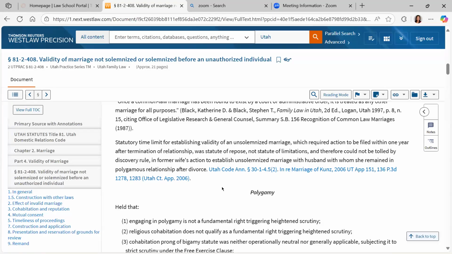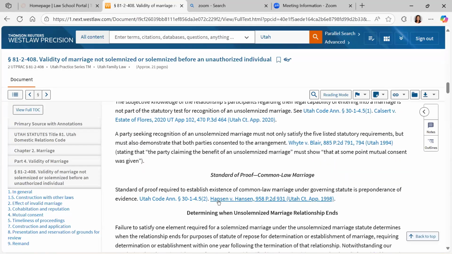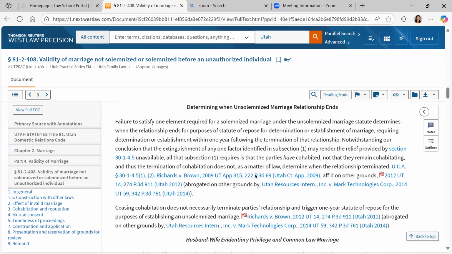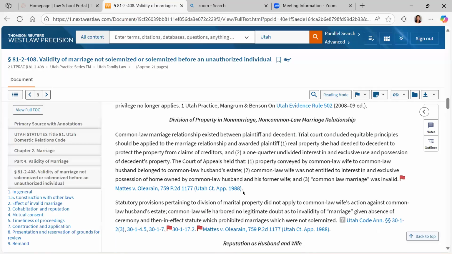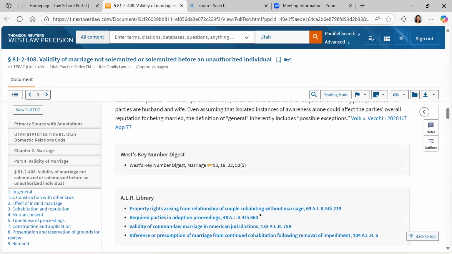And so I really love this in the sense of I maybe didn't know a lot about this subject, but now I have one article, it's about 21 pages long. Again, the footnotes at each of the sections might help me. Standard of proof, common law marriage, Utah Code, Hansen v. Hansen. And I can keep going through seeing all of these headers and look at my hypothetical to see if any of these sections are related to what is in the facts of my open memo assignment. And so that's why I love